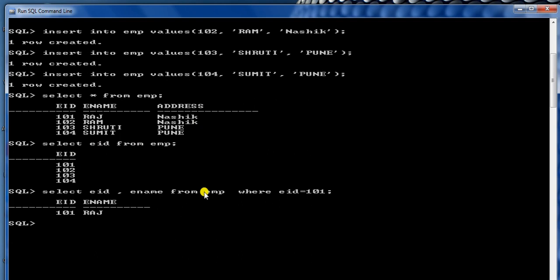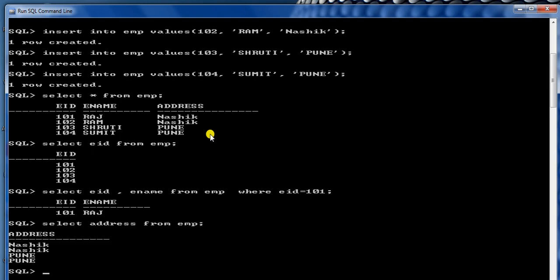Similarly we can display the address from this employee also. I am writing the command select address from EMP. So we have 4 rows, it will display 4 values, but Nasik and Pune are repeated. So we can display the address value by eliminating the duplicates also.